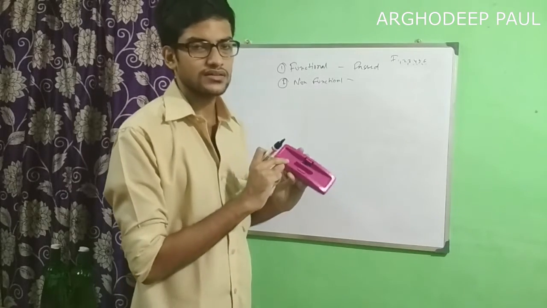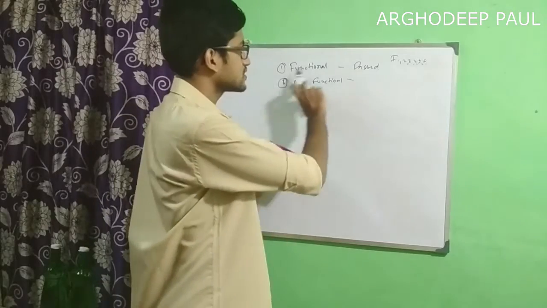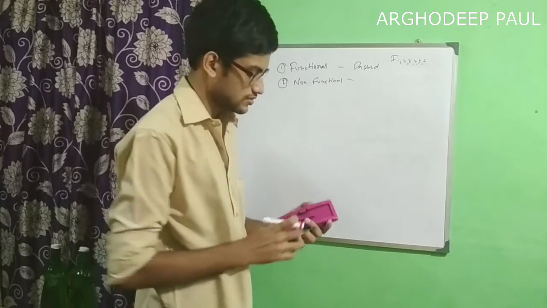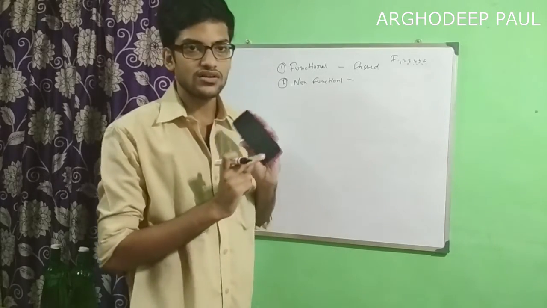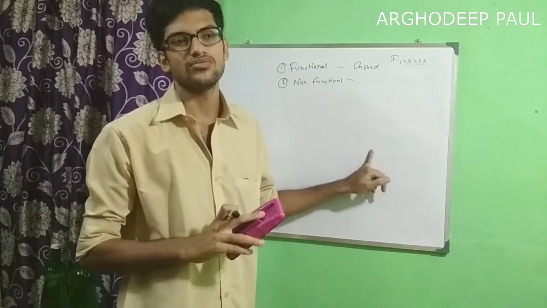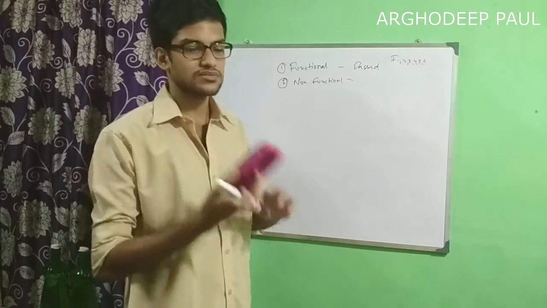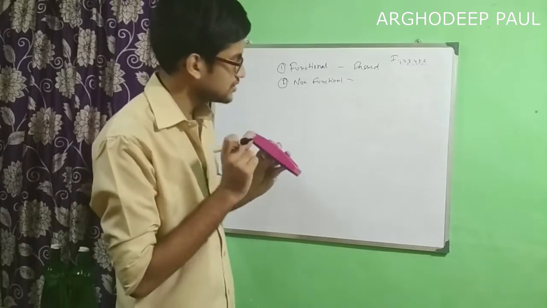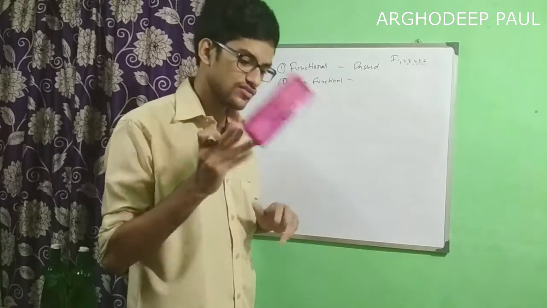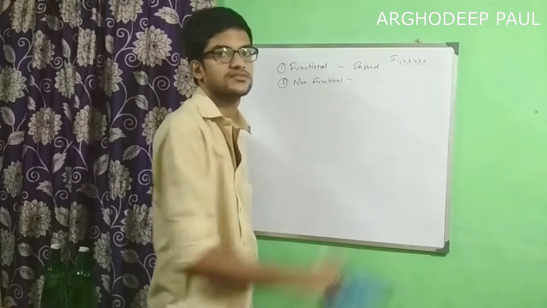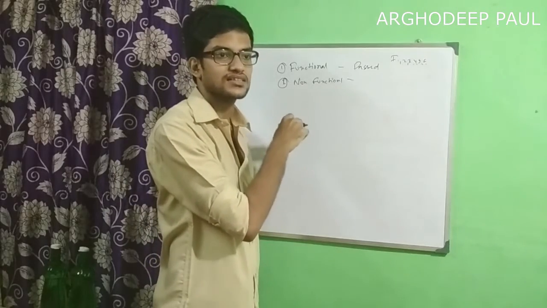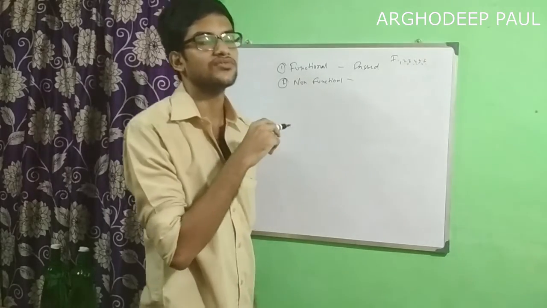It has everything that a duster needs, and all of it is functional. But it failed the non-functional test. How? The sponge it has here is not capable of cleaning the board. It cannot erase the board. That's why I'm not using this. So while performing the non-functional test on this thing, it failed, and I'm using this. So these are the basic differences. But in this context, what are the test cases for non-functional testing?